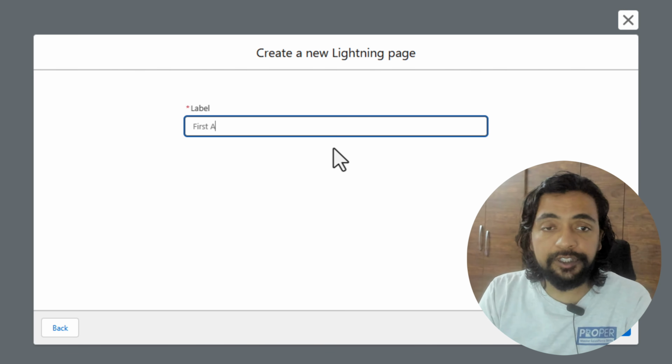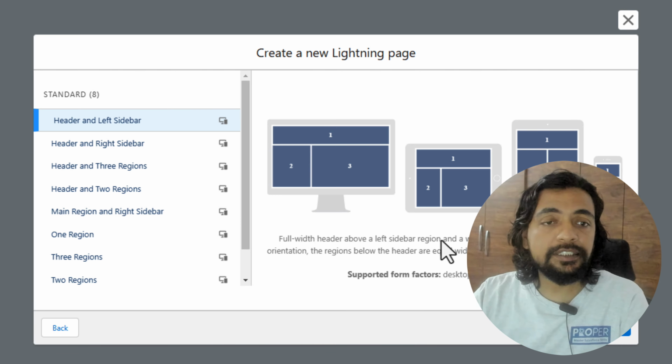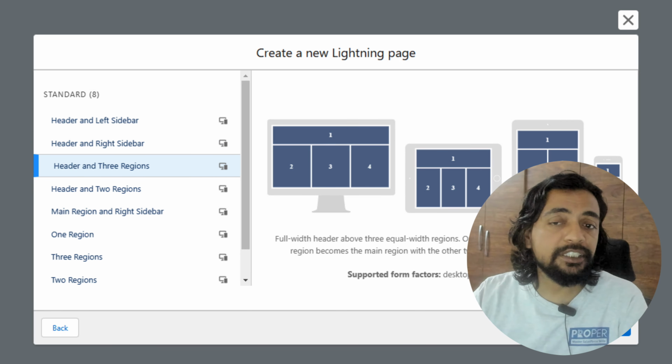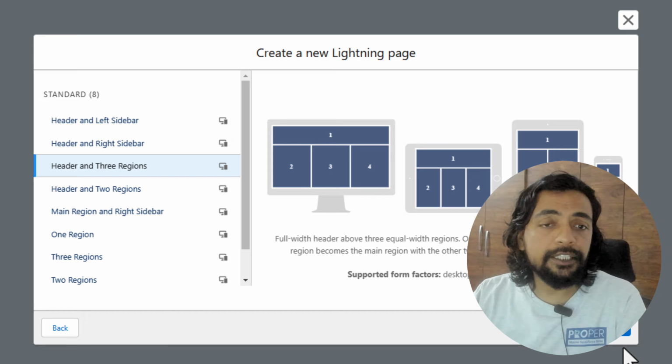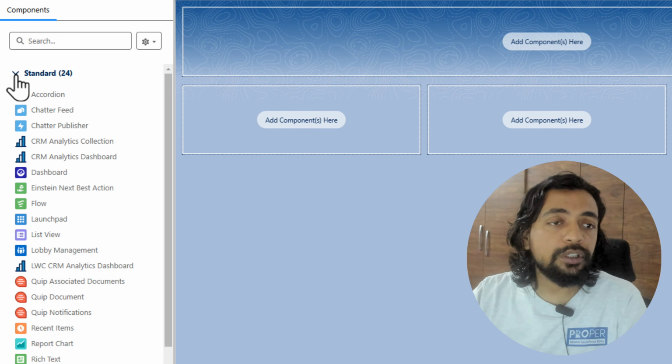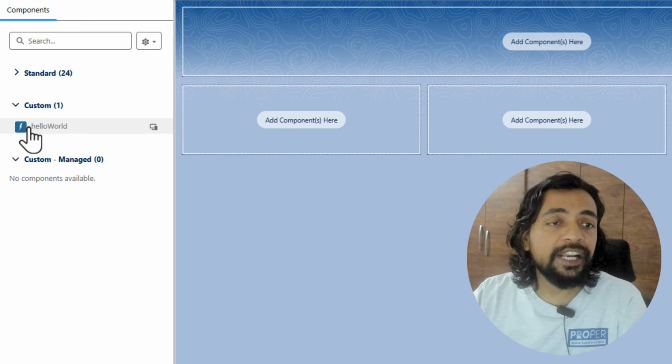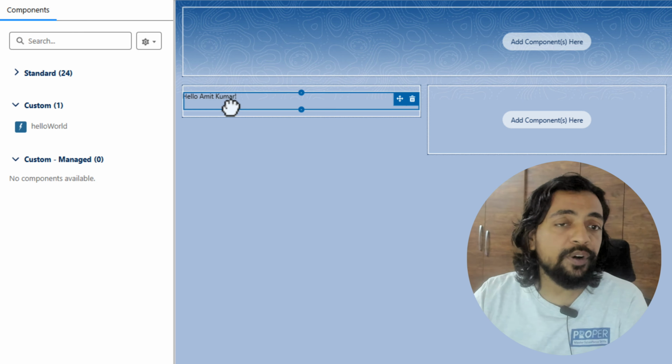So I'm giving name first app page, click on next, choose header and right sidebar. In fact, header and 3 regions would be fine. Click on done. Now on the left side, you can collapse the standard option, and under the custom option, you can easily find hello world. Now drag and drop this hello world over here on the canvas, and here you can see it is printing